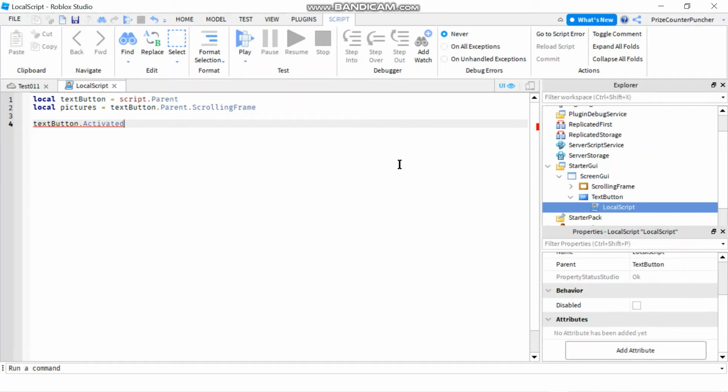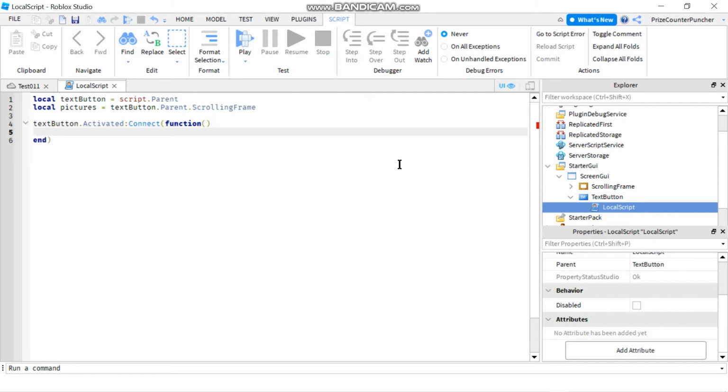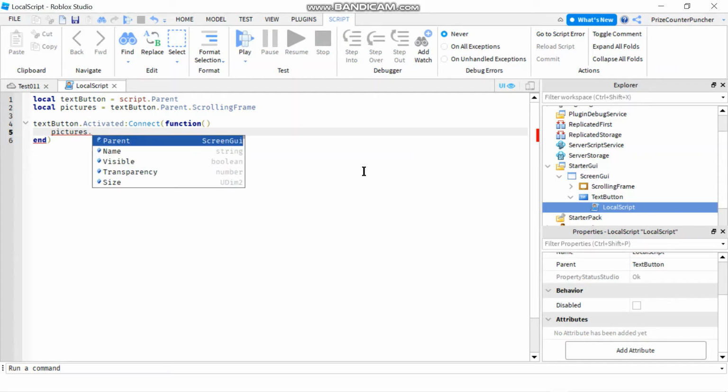When we catch that event being fired, we're going to connect to a function, and our function is just going to change the visible property of the scrolling frame. So it's going to be pictures.Visible